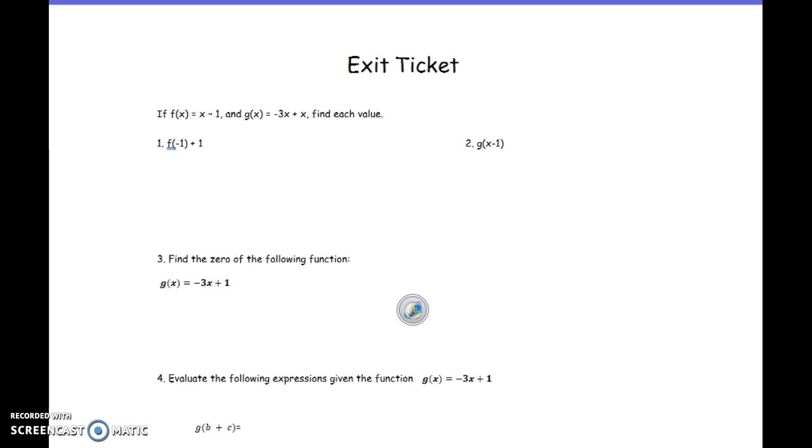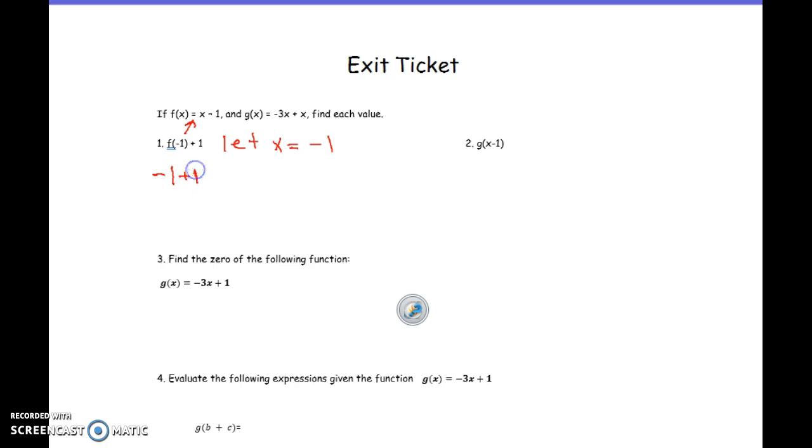Okay, so for the exit ticket, it's a little tricky. We've got f of negative 1 plus 1. So in this case, we're going to let x be equal to negative 1. We're going to use this function, and x is going to be negative 1, so we have negative 1 plus